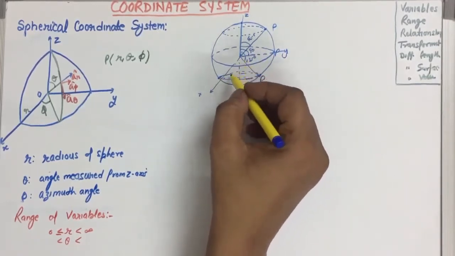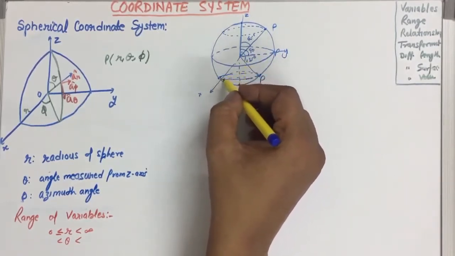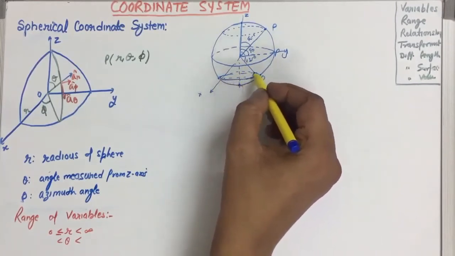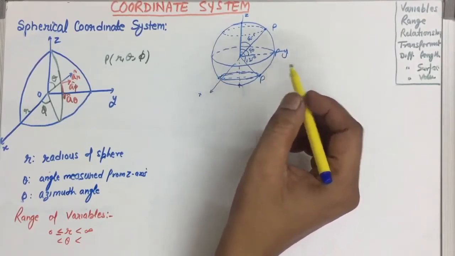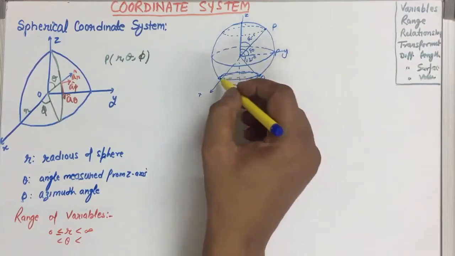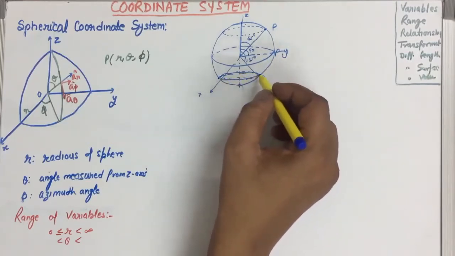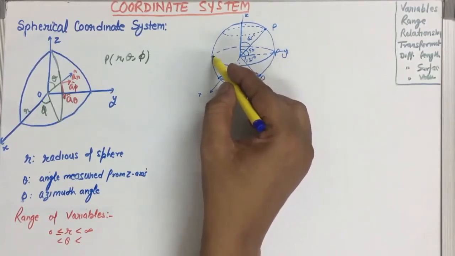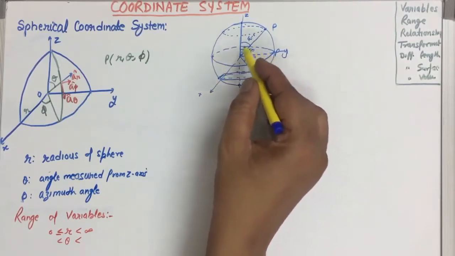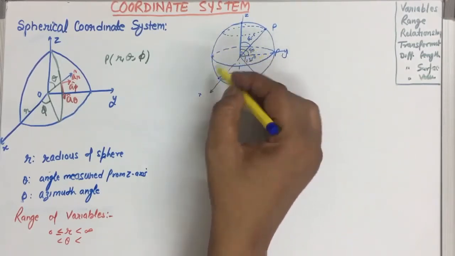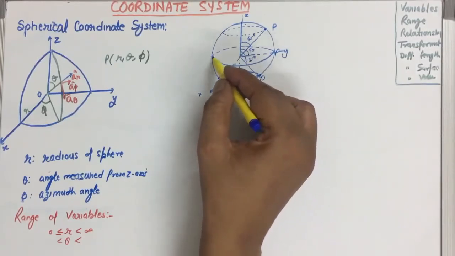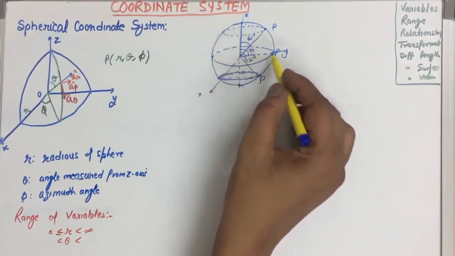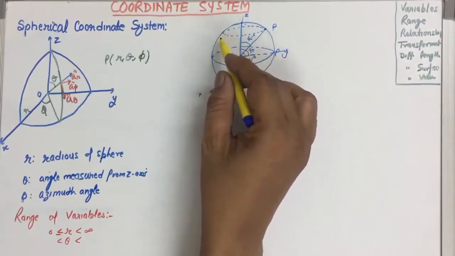Now if you are here, then to cover the full circle, again you are moving like that. What you observed means you are repeating the same path as you have done at 135 degrees. Come to this point. Again draw the same circular path to complete the full spherical surface. So what you observed is that it is exactly the same as you have done in the case of 90 degrees.